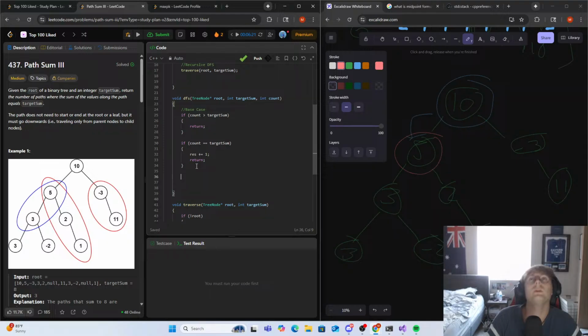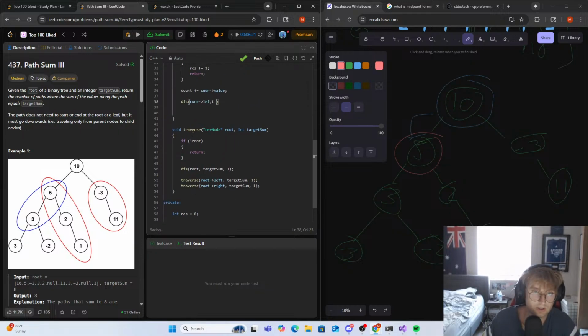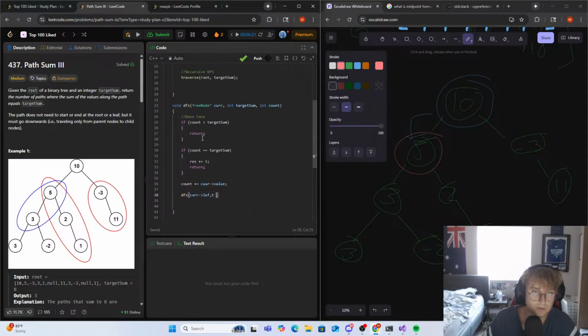And then really, I feel like all we need to do here is increase our count, right? Increase our count, plus or equal to. Why are we calling this root? Let's call this cur. Plus or equal to cur value. Then we call DFS. We pass cur.left because we're checking if it's null in here. Wait, are we? No, we're not. Maybe we should check here if cur left target sum